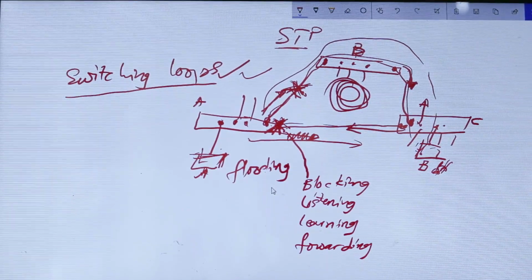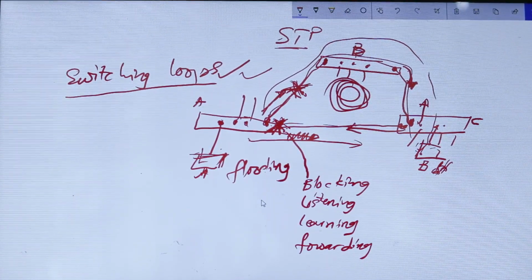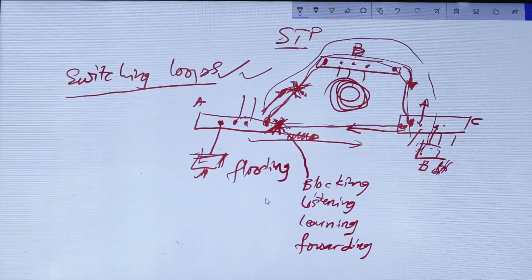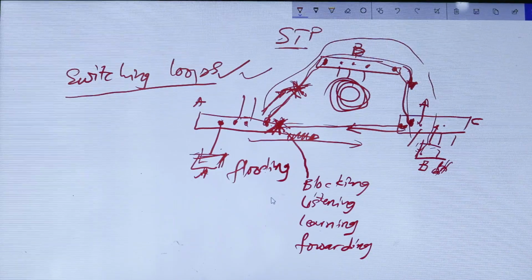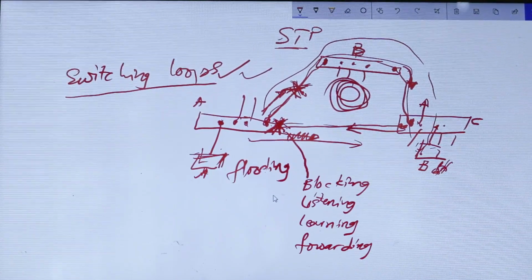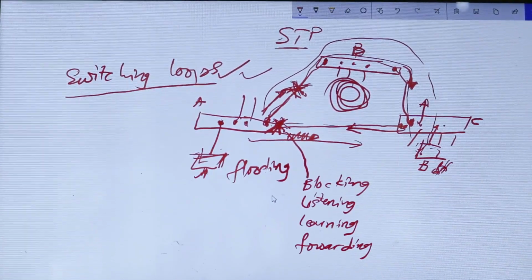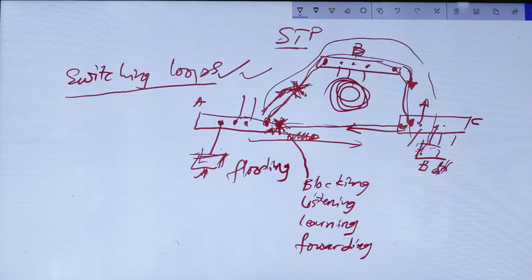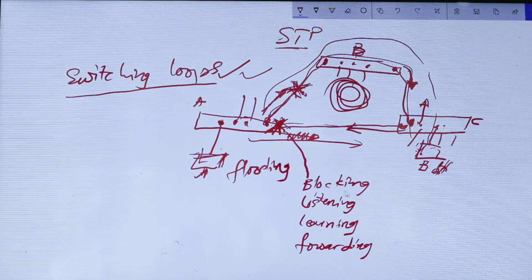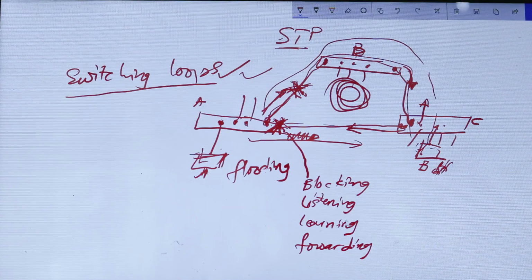So you can summarize the work of STP. STP is a loop preventive protocol. You should be able to explain how switching loops occur and how STP comes in to help the situation. It doesn't only block a port. After blocking the port, it's still monitoring the network. If the primary link goes down, STP has to release the blocked port to forward packets. Before it does that, that port must go through all these states.